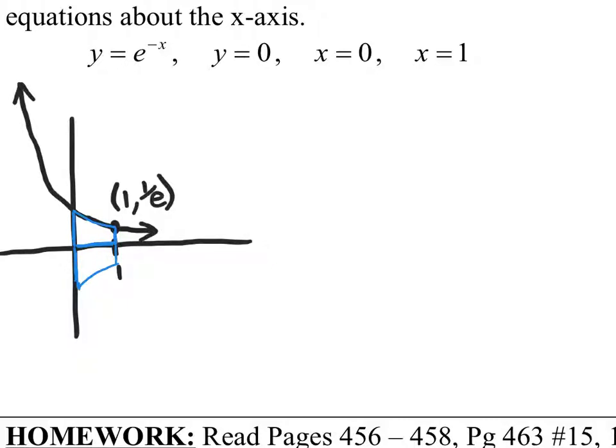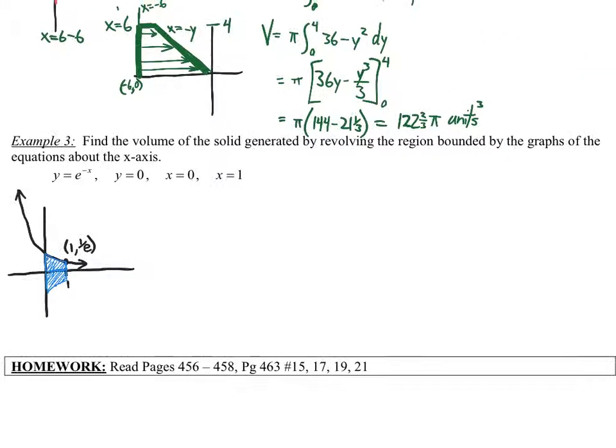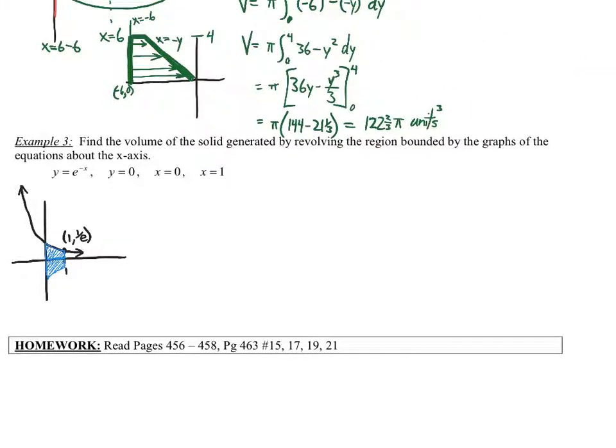But this one actually will be solid, just with the bounds that they gave us. So now the volume is pi times the integral